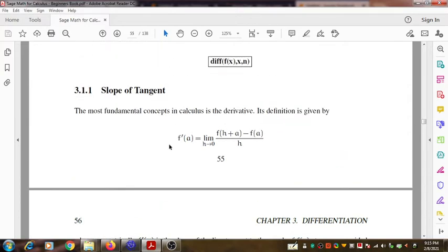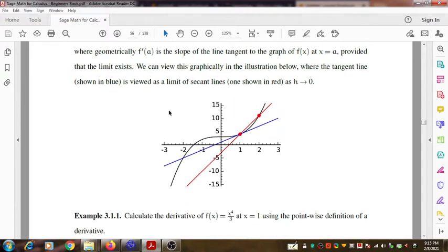When an equation f(x) is given that represents a curve on the plane, suppose this is f(x), the curve that represents the given function. At this point you consider 2 points. Here you can see 2 points are taken on that curve. When we find the derivative at a particular point, for example, you take this point, you know the meaning